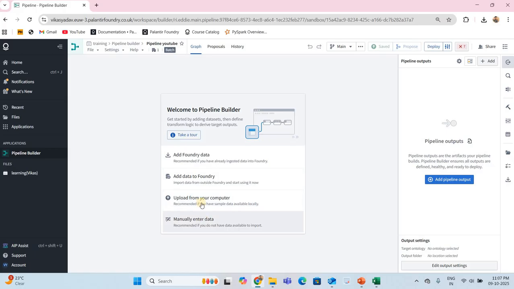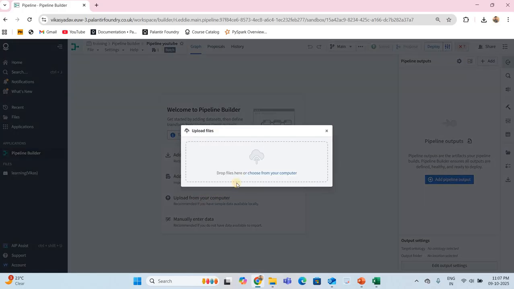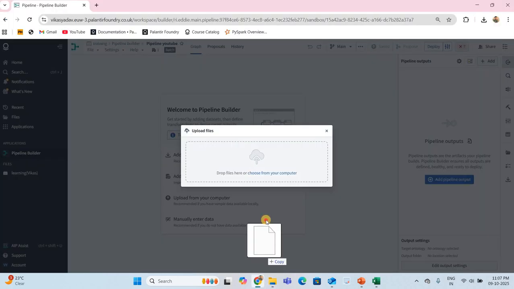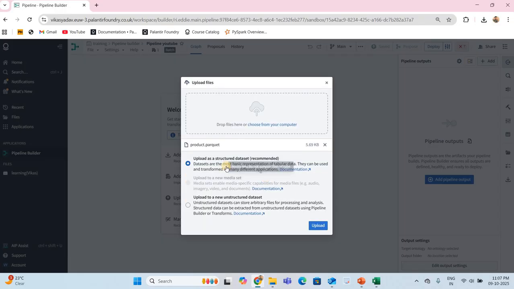Or manually enter data, or upload from your computer. As of now I am going to upload the data from my computer. Both options, drag a file here or choose from your computer, are available. This is my file, so I will drag it here and it will add.